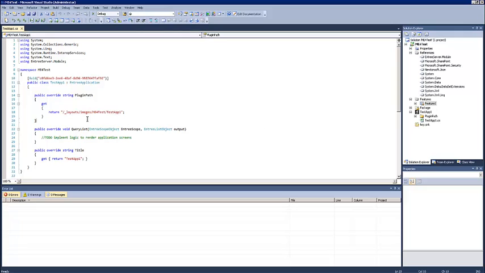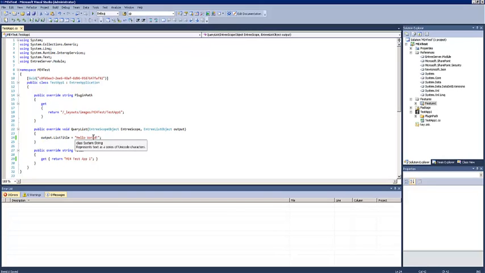So just taking a look at our application, if you're familiar with developing Mobile Entree apps in the past, it's very much the same. You have a query list method that you fill out for your application. So I'm just going to put something very quick. So now, when I deploy this,